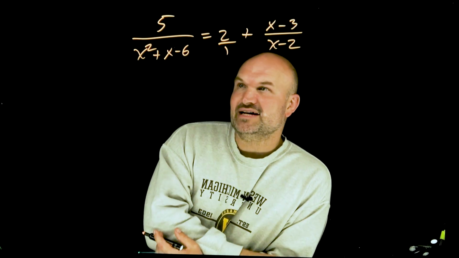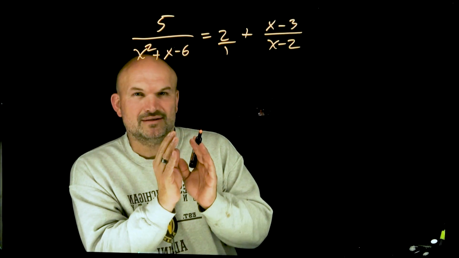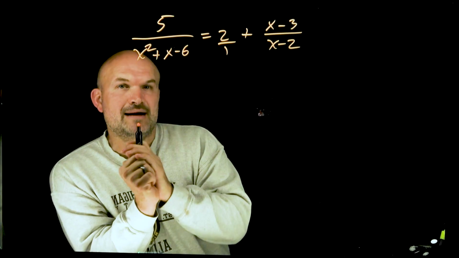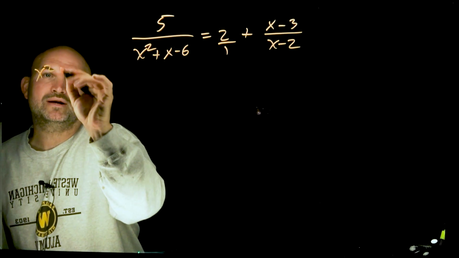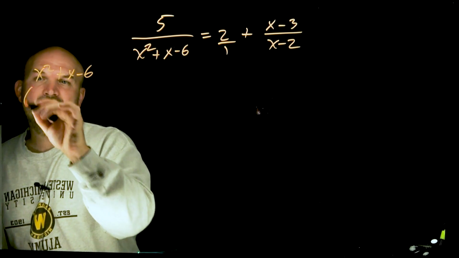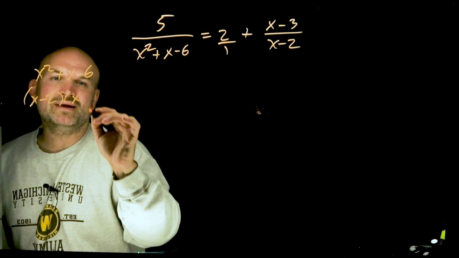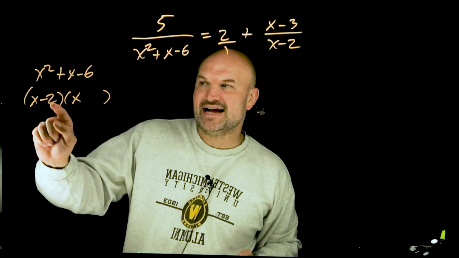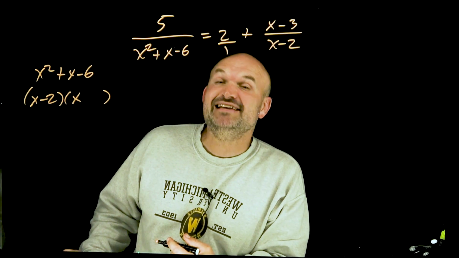So in this case, I have an x squared plus x minus 6. Let's see if I can factor it. But I don't just want to factor it on my own. The trick is typically one of the other denominators is going to be a factor of that factored polynomial. So if I take x squared plus x minus 6, let's assume that x minus 2 is a factor of that. What would I need to multiply it by to get my x squared plus x minus 6? Because if x minus 2 is not a factor,